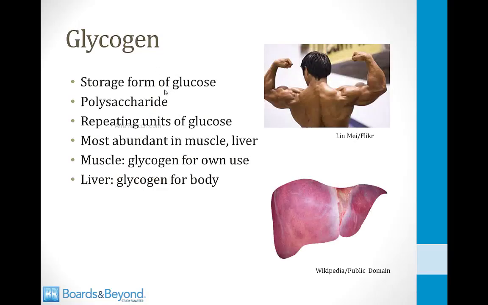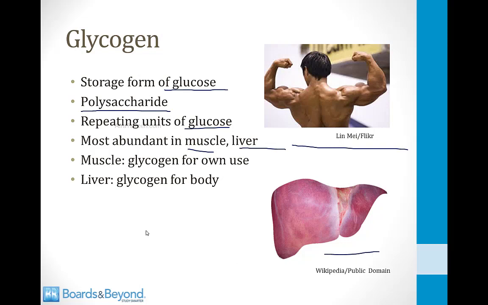Glycogen is the storage form of glucose. When there is excess glucose available, the cells of the body can convert it to glycogen and store it for later use. Glycogen is a polysaccharide. It is a polymer made up of repeating units of glucose, and it's most abundant in the muscle, as represented by this muscle-bound man here, and the liver,